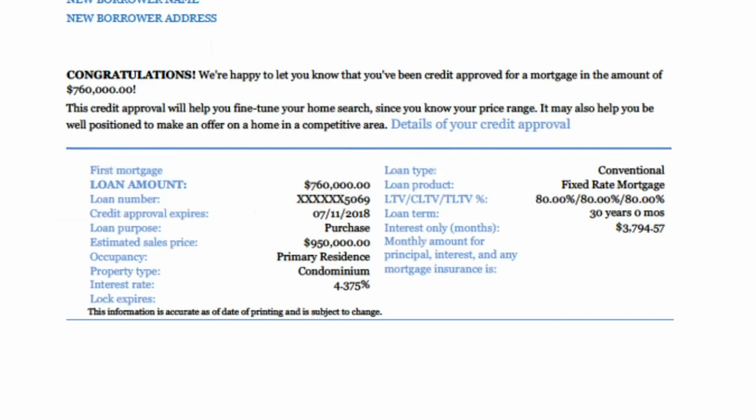This is an example of a slide of what a fully underwritten pre-approval looks like. And while it will say your name and address up top, it'll also give the contact information for that loan officer, which is quite important because then it shows when we marry this together with a cover letter and a well-written contract, it'll define that